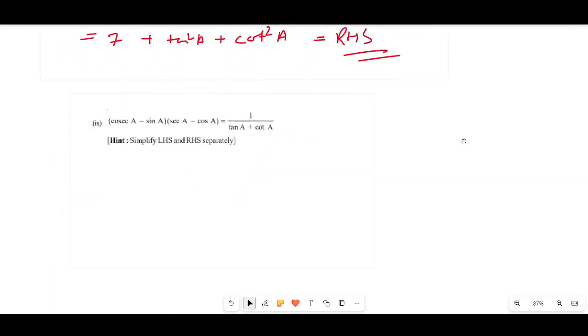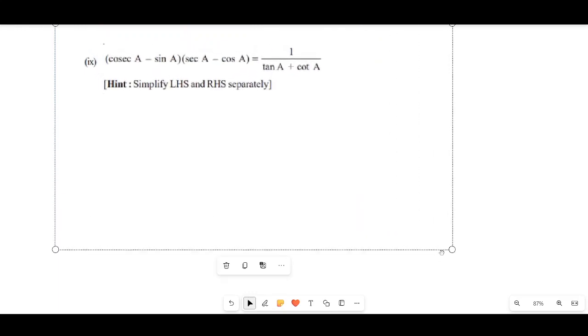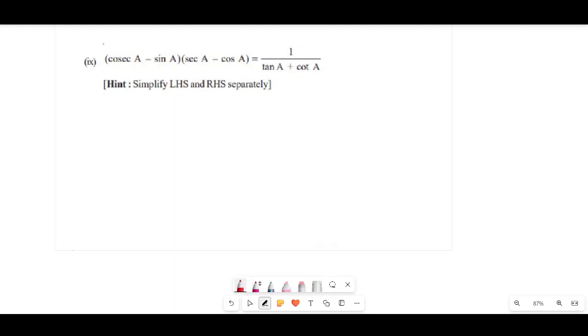Now come to the next part of the question. Here is the 9th part of the question. Because a hint is given, but if you have common sense, then you can solve with the left hand side. First we should try the left hand side. We will use this separately, but first we should write cosec A minus sin A. We can write 1 upon sin A minus sin A